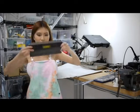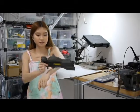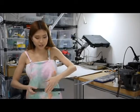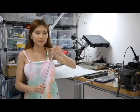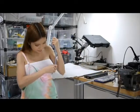I can use this tool to get the shape of my head or my wrist or other parts of my body. But for my chest, I'm not going to use it because it's too hard. I will use another tool called the flexible ruler. So